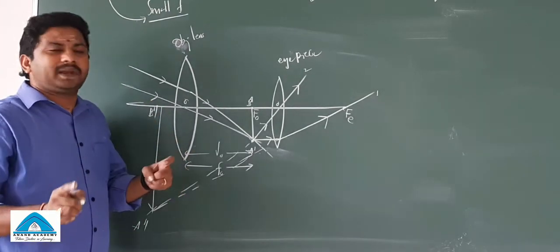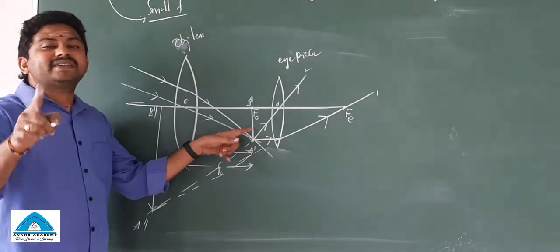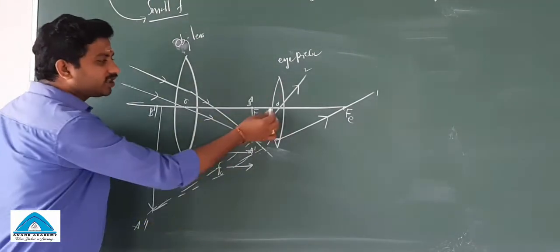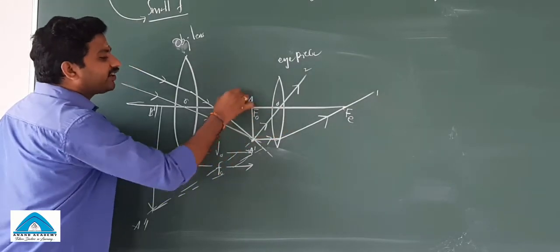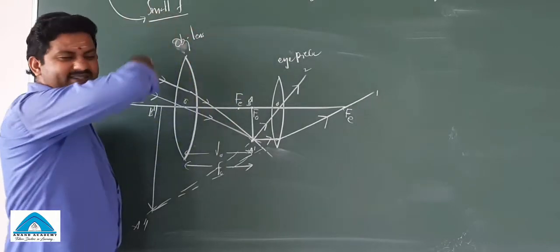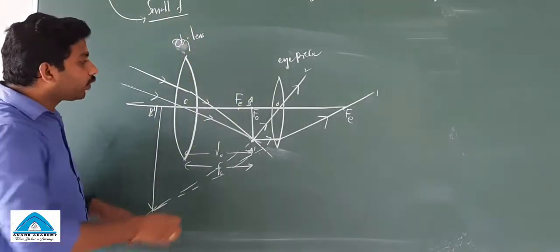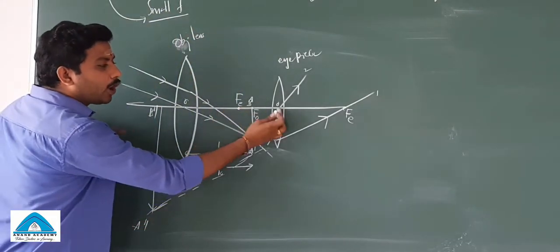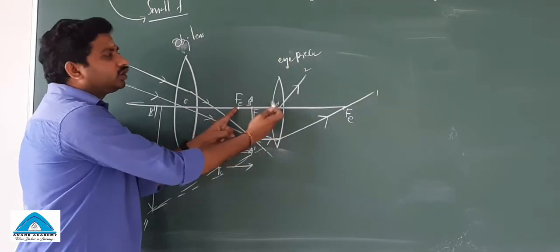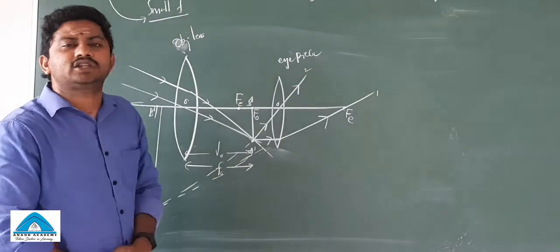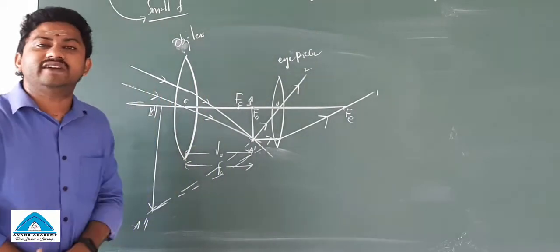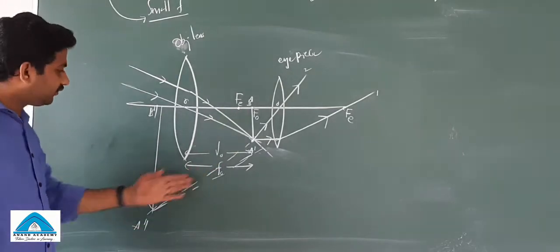So when will this take place? The object must be kept between the focus and optic center of this lens. This is the optic center, and the focus must be here, so that's called the focus of the eyepiece. The focus of the eyepiece is here, the optic center is here, and the object is kept between them. Then definitely there is a virtual image formation. The only case where the virtual image is formed in a convex lens is this one. So it is formed like that.